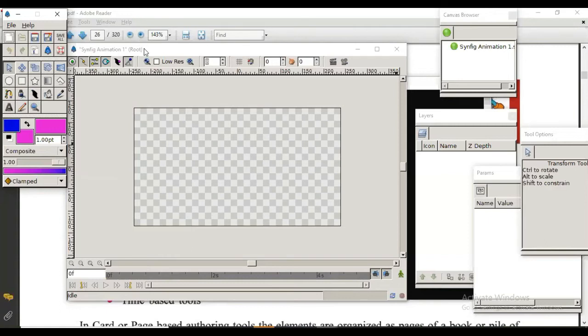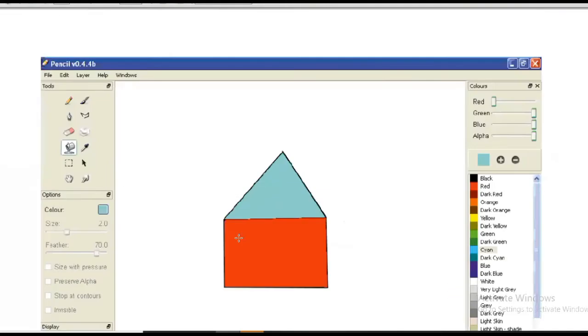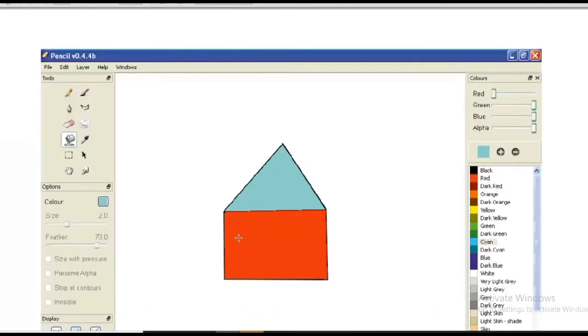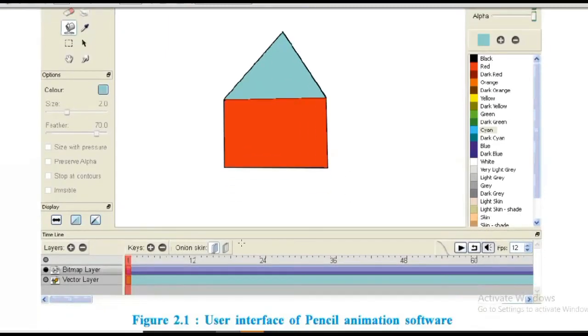Now student, this software is open source software, as we are going to use it on Linux platform. But if you want to practice this software, you can download it from the internet. It is available for Windows platform also. Name is Synfig. Now there is one 2D animation software, that is Pencil. Here it is like Paint, wherein few tools are provided to you, and then you are drawing inside that canvas, and then you can color it and give different effects.